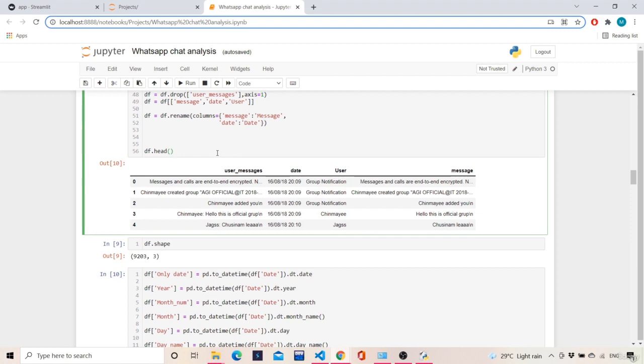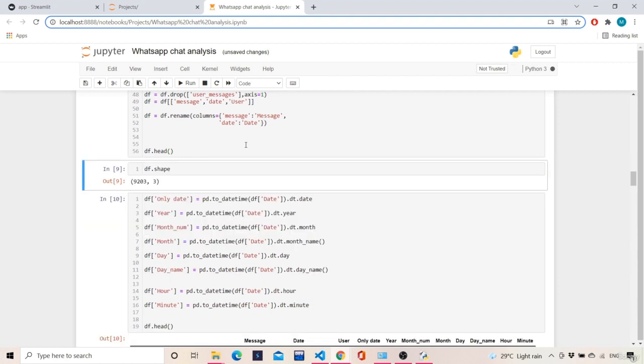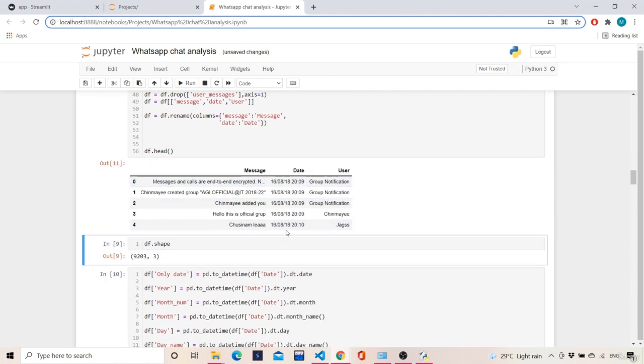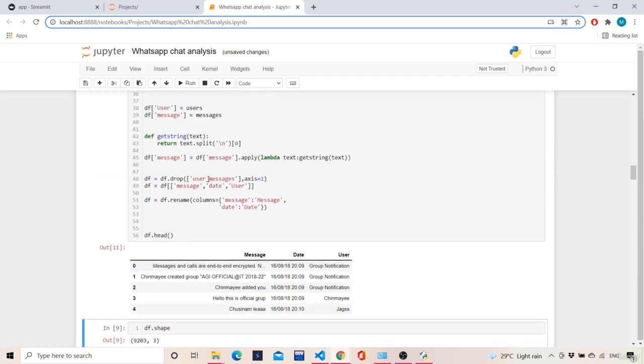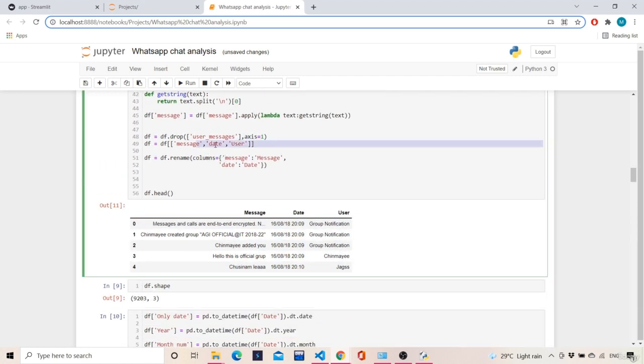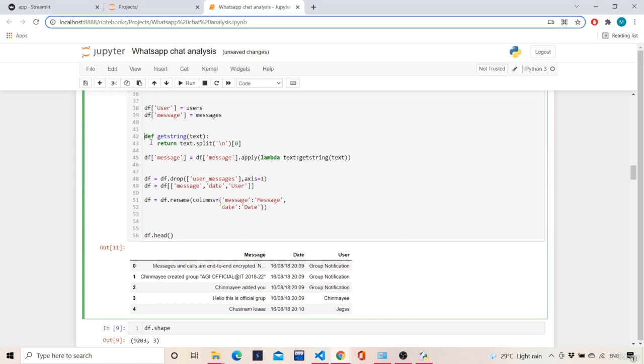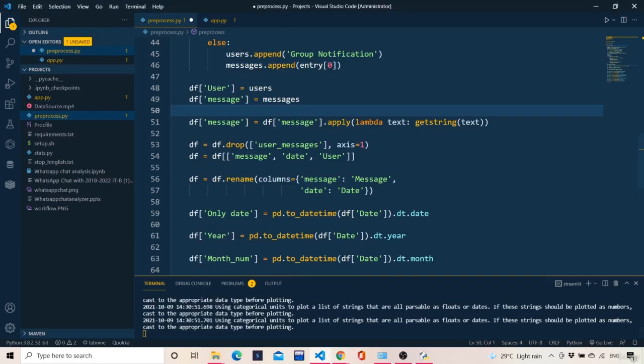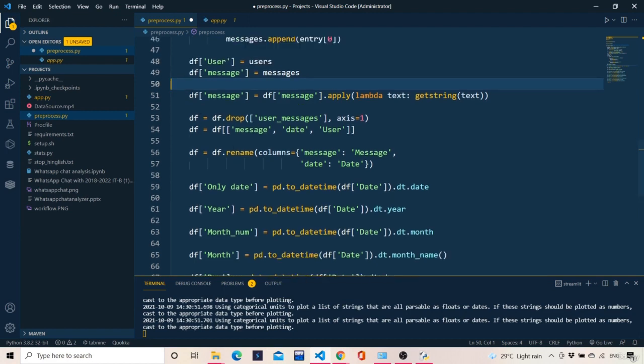After all of that, if I execute this cell, the data frame will result in this way: first messages, then date, and then user. Message, date, user, right? So the same thing I am copying, Control C, and pasting here, from line number 51 to line number 57. Pasting. That's it, nothing else.